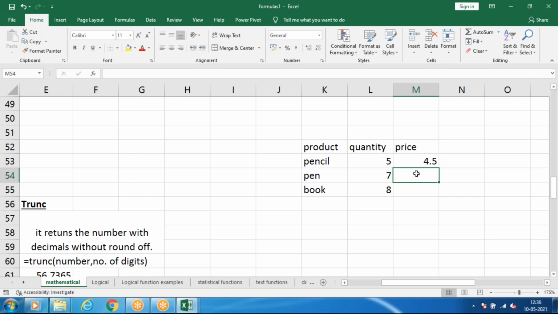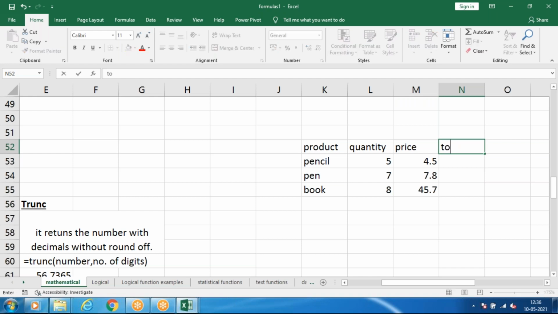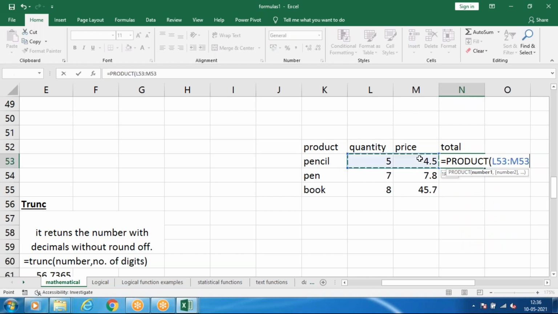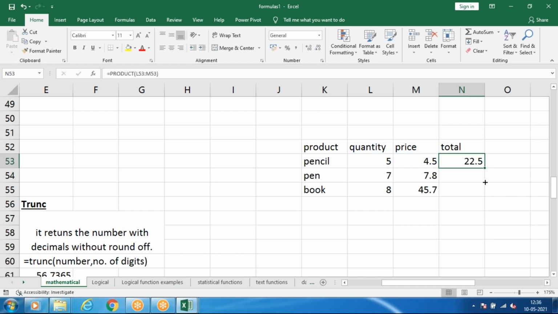And I'll be having different types of items. So total means what? Equals product of these two. Just I'll scroll down. Like this, you can create a number of things.